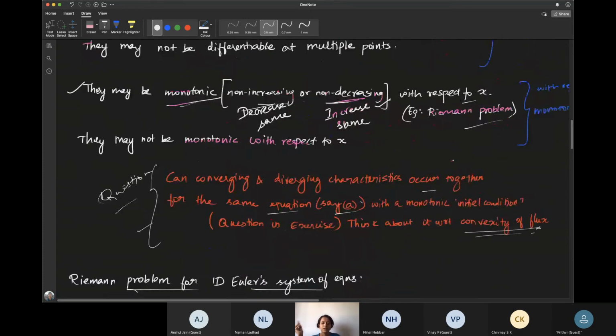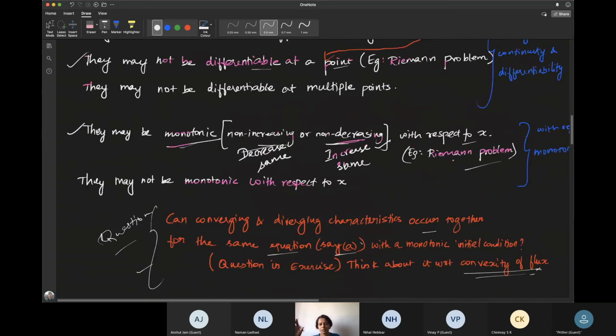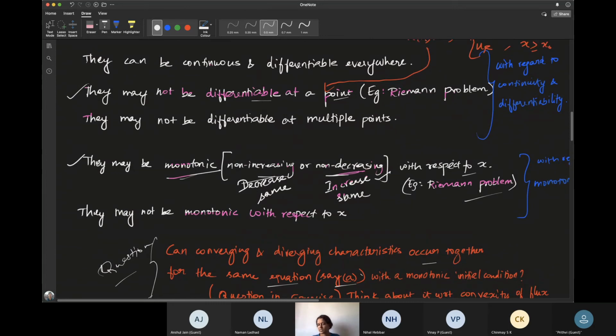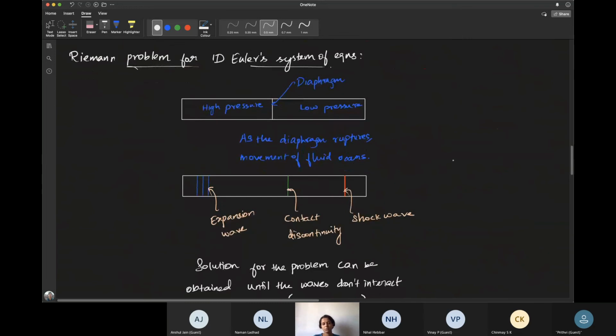So next, we have discussed all of these to say how Riemann problem is a special example. I mean, it is a special initial condition for the Euler system of equations. Not just for the Euler system, it's a special example for any scalar equation or any system of equations, because it's easy to study Riemann problem, because it's less complicated compared to any general initial condition. So we are first trying with Riemann problem. I mean, we are first trying to see whether there can exist a proper exact solution for a Riemann problem. So let's consider a Riemann problem now.